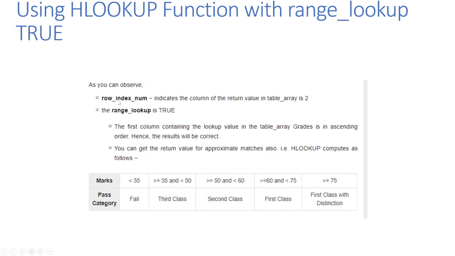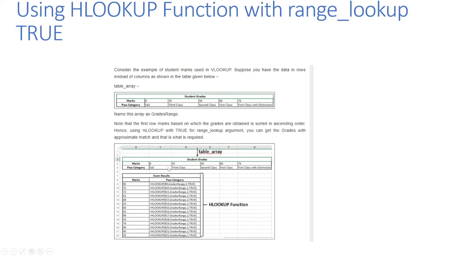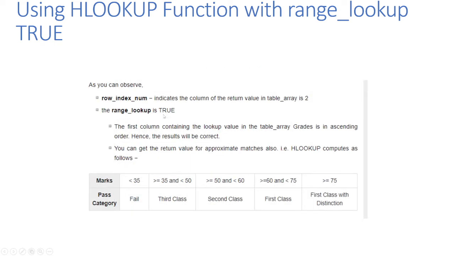As you can observe, the row index number indicates the row of the returned value in the table array, and here it is 2, because that's the second one. And the range lookup is TRUE, that means we have an approximate match. So again,